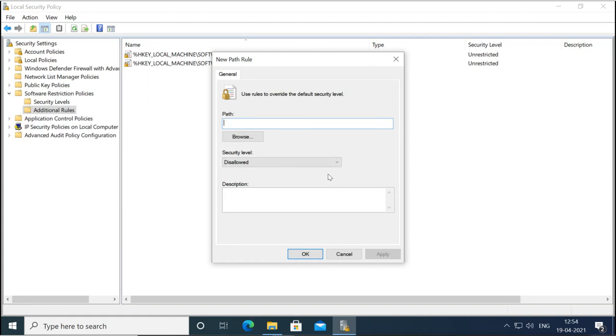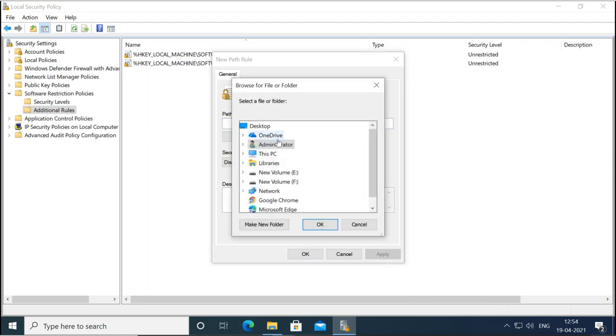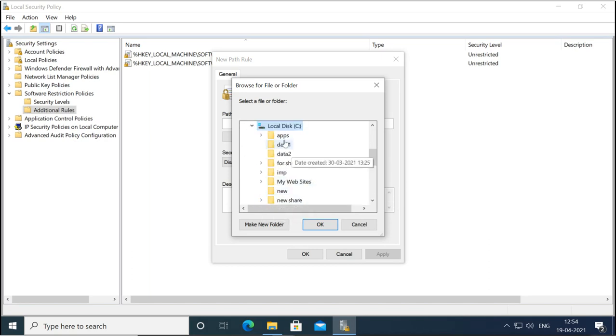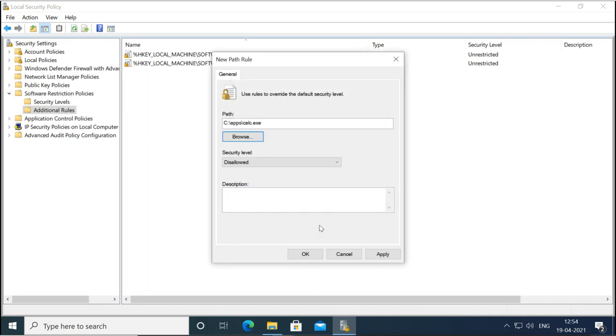Now here it is asking where is the path. So we can browse the path. That means we'll go to C drive, and this is the application path. Then what do you want to do?